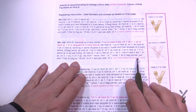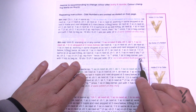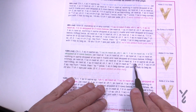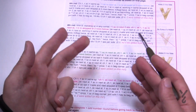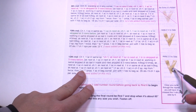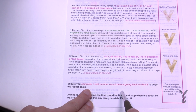Then when you get to round number 8, you're going to notice that there's no extra V stitches, so this number here is going to match in line with this one. So there's no extra V's added. In round number 10, you're going to notice that we are adding some new extra V's again near the corners on both sides of the side that you'll see, and then finally you'll have an extra V-stitch being added again here. So once you finish round number 12, you're going to do round number 13, and